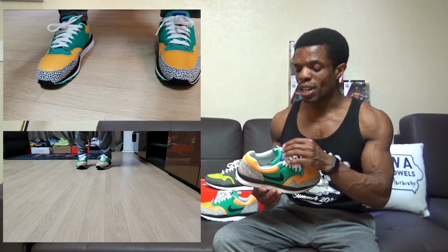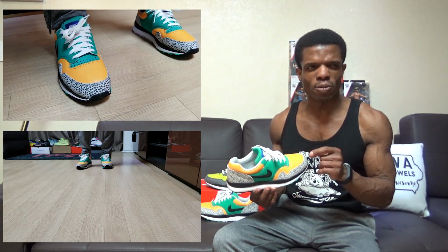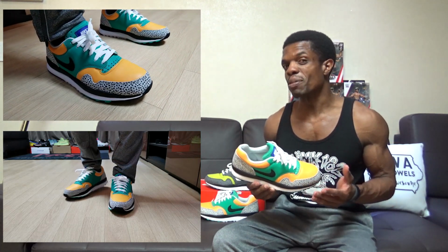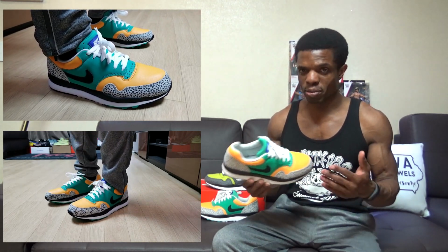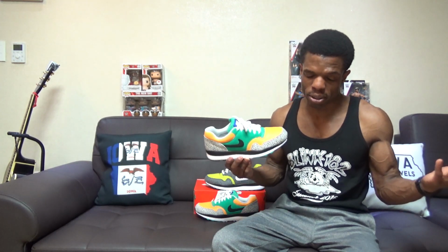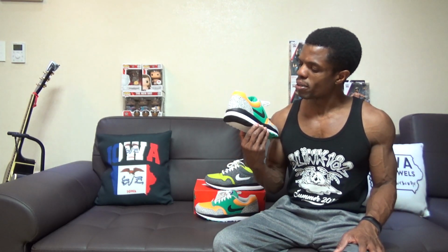So your best bet might be to find them in, I think Foot Locker or Champs had these in stock. So maybe find them there, so that way you can just buy them in store and not have to pay shipping and taxes. And if anything, you probably can get a bigger discount by using some $10 or $20 off thing. So just something to consider if you're trying to save a little bit of money, which most people are. So past that, these right here,